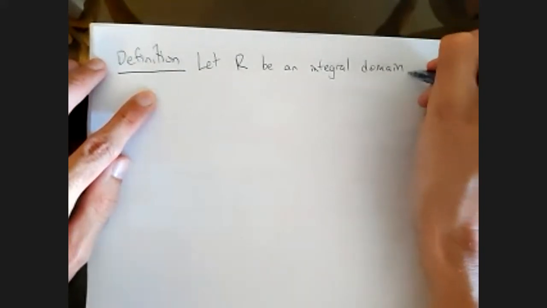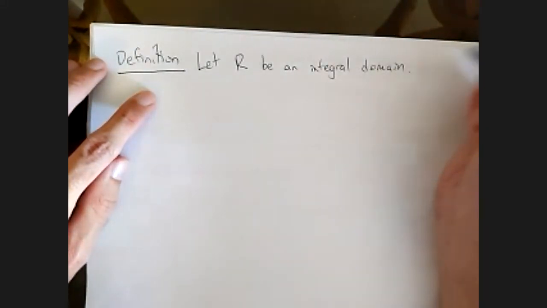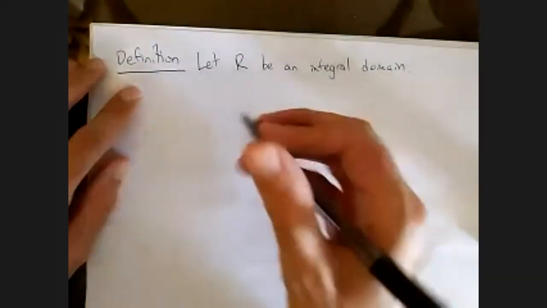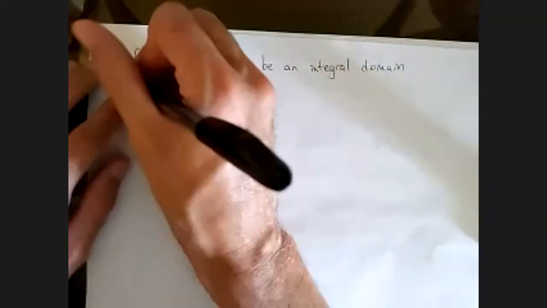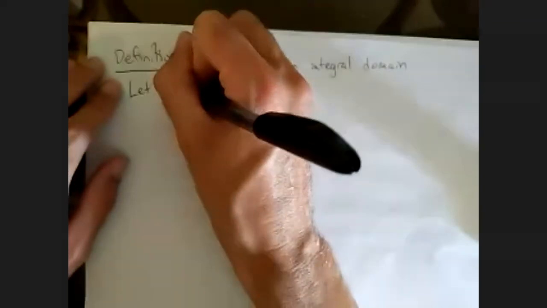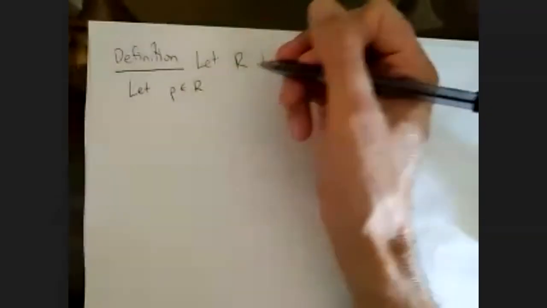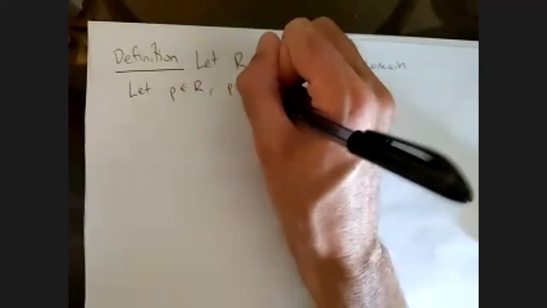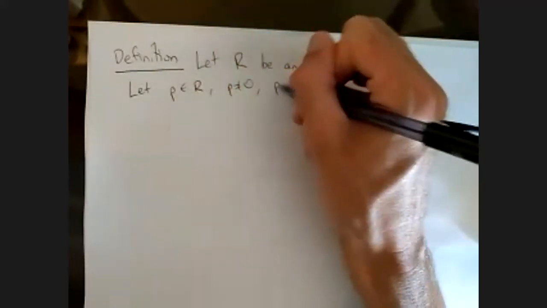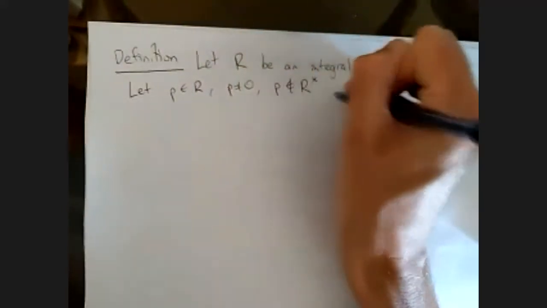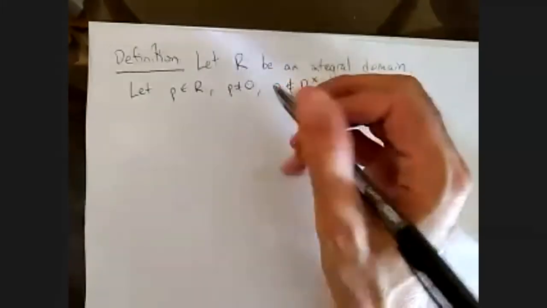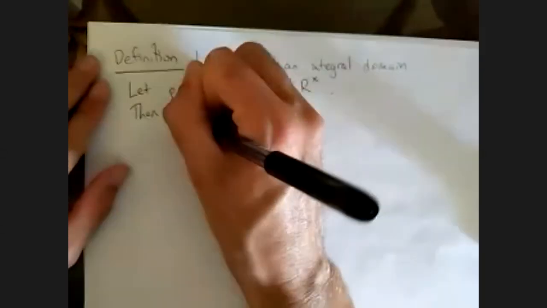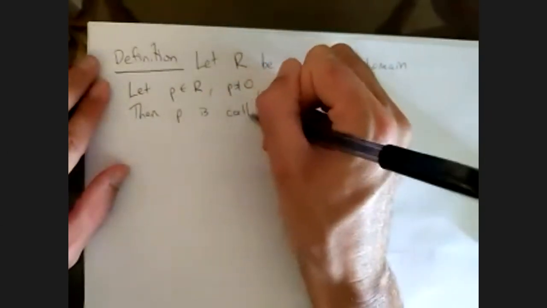And now we just take the definition for a prime number and rework it to work in R. I think I might have defined this already, but anyways, let p be in R. p is not equal to 0. p is not a unit. So p is not invertible and it's not 0. Then p is called irreducible